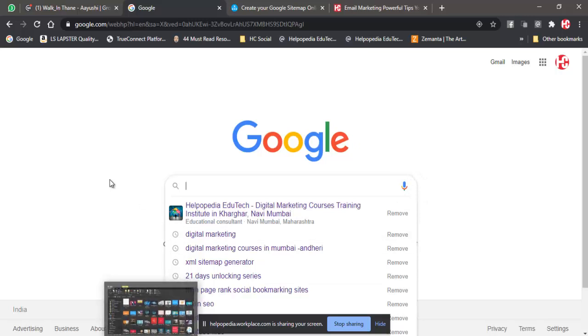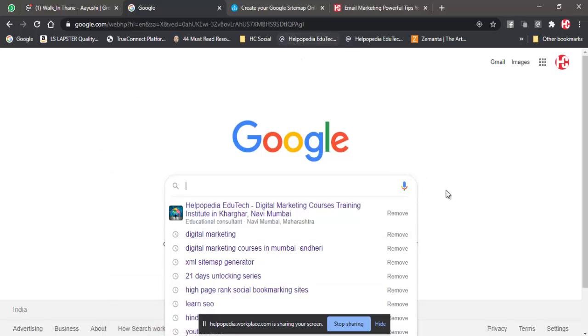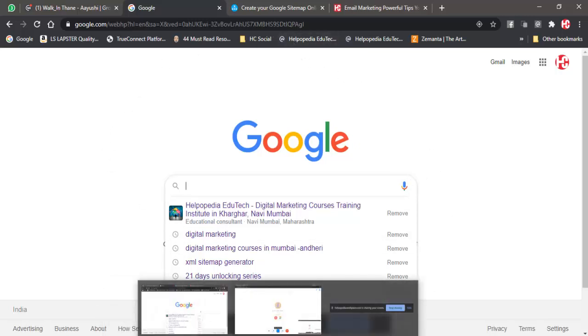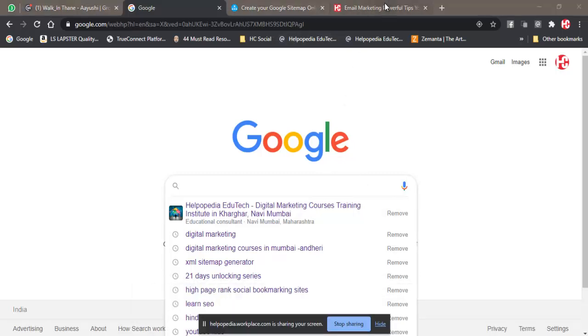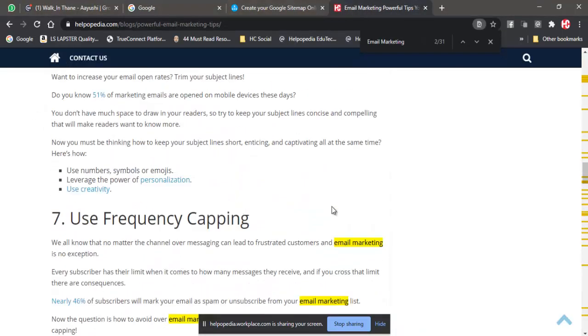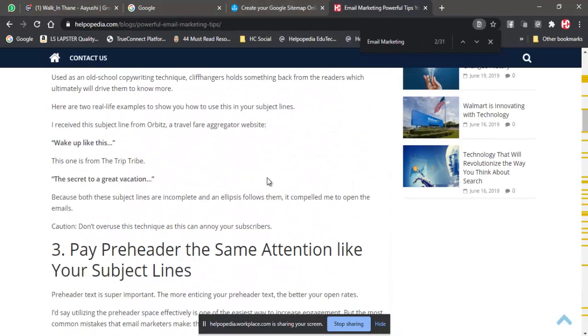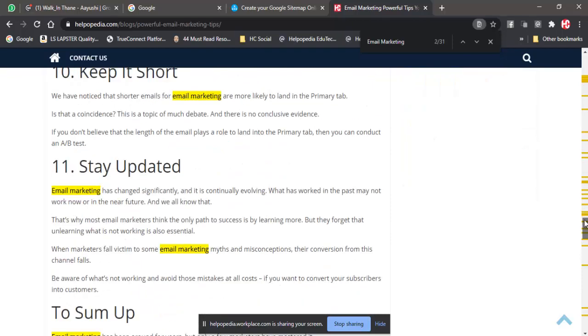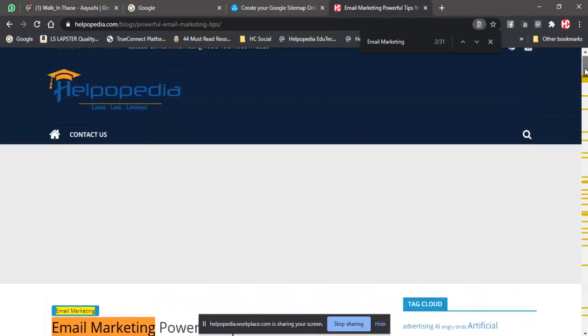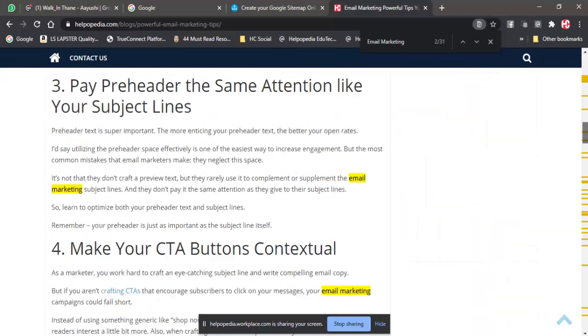Another most important thing is that whenever we open any website on any page, the website should fit within the screen. We should not have a left and right scroll bar, like we have a vertical scroll bar. The vertical scroll bar of course we require because we need to read the whole content.